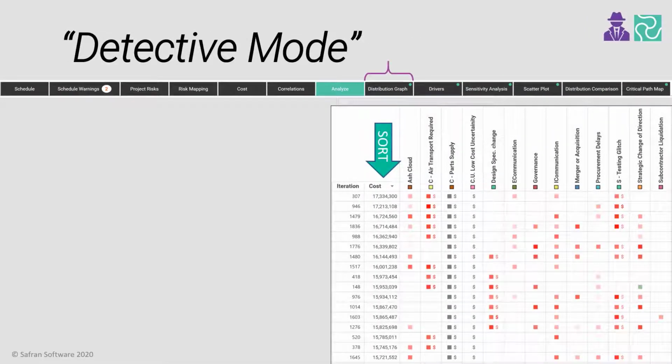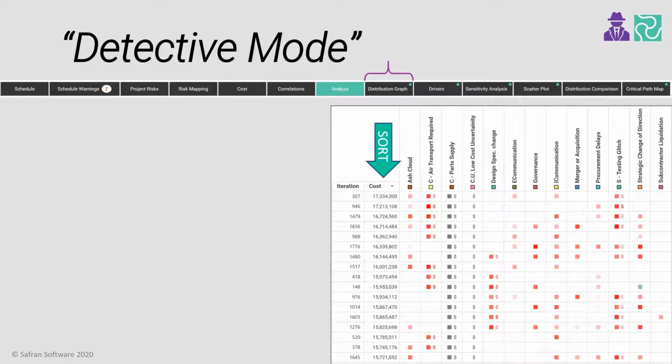So detective mode isn't actually an official term for Safran Risk. It's just what I've been calling it since I've started demonstrating the product. I mean, QSRA essentially tests the hypothesis that the project objectives are achievable, and where the problem arises, before they do so in real life execution of the project, and for a fraction of the cost of inventing, say, time